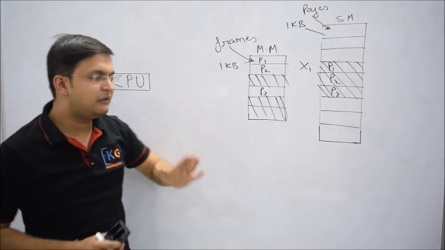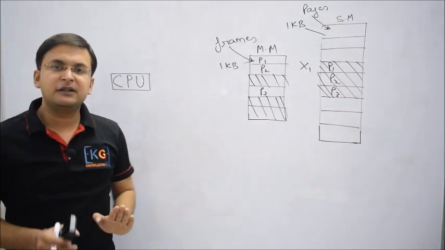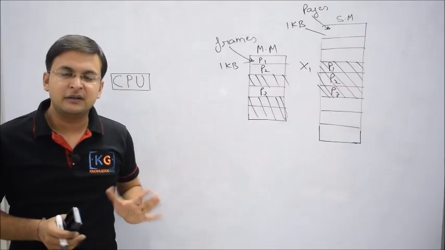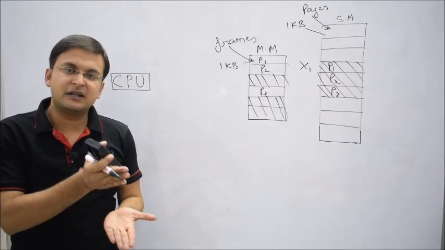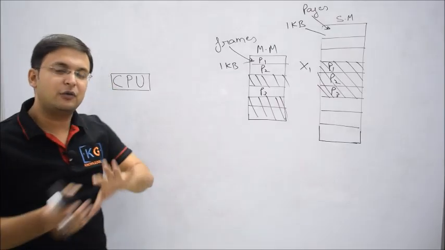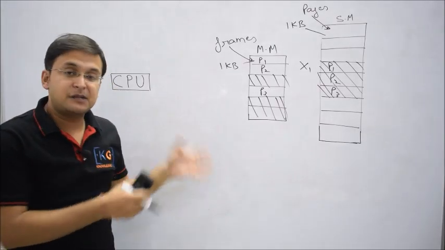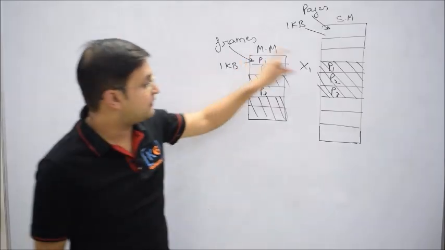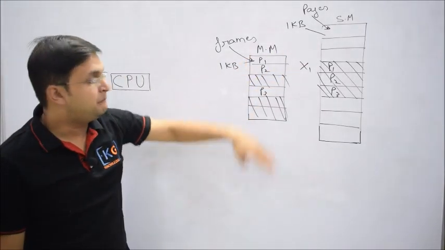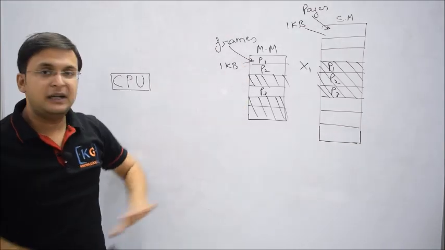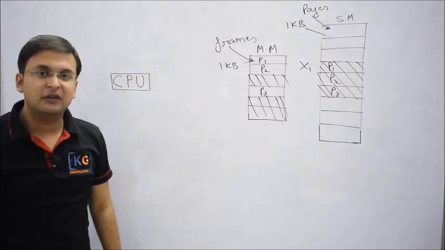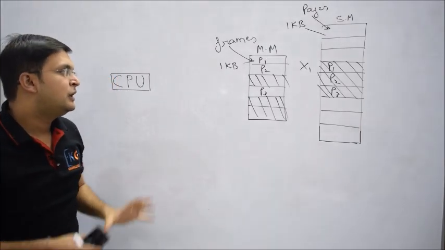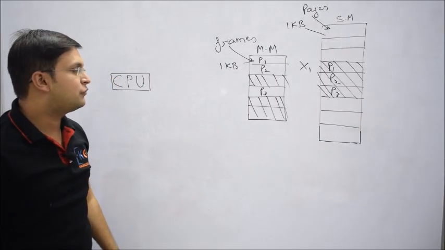So there will be a complete independence from external fragmentation. Again you remember what is external fragmentation? Sir, we have sufficient space, but we are not in the position to allocate that space to a process because the space was not contiguous. But here there is no issue because the process was already divided into pages, and the pages can be put into an appropriate frame wherever you find an empty location. So that is the basic of non-contiguous policy.